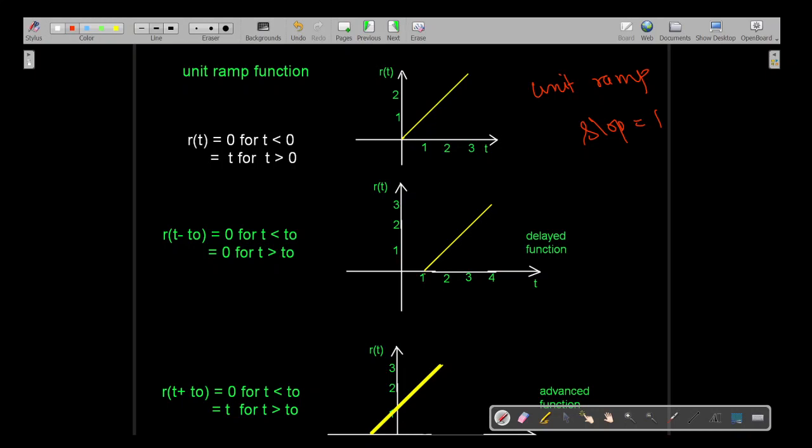Okay, so what is the meaning of it? If you have a 0 to 1 change along the x-axis, definitely you will have a 0 to 1 change along the y-axis. So this is your change over time. We know that slope is del y by del x, and that is usually denoted as m. So m is equal to del y change over del x change, which is 1 over 1, so it is 1. That's why it is called a unit ramp. Okay, fine.